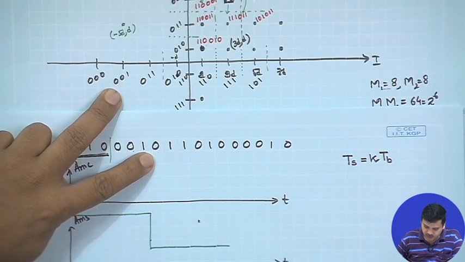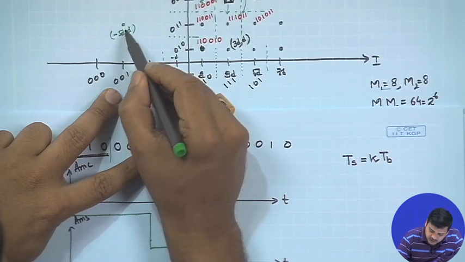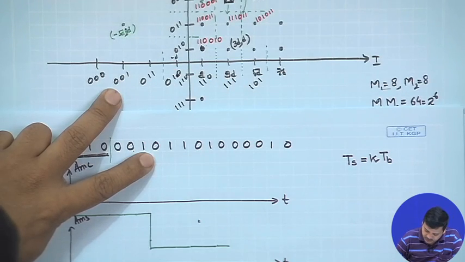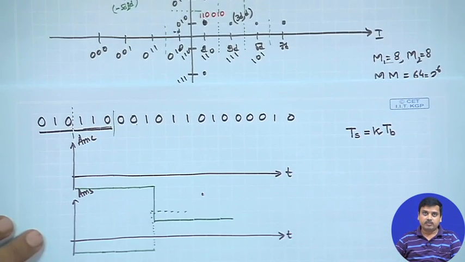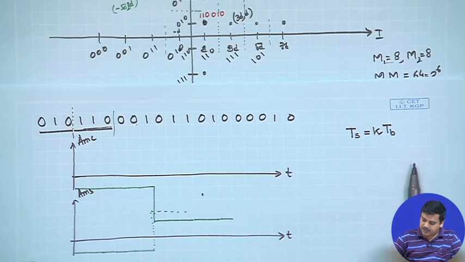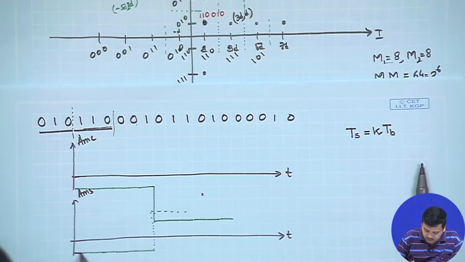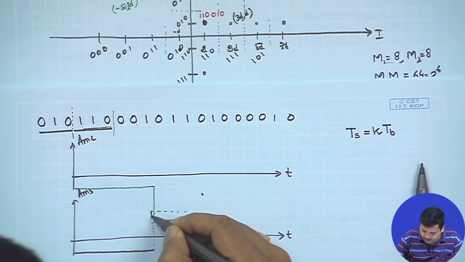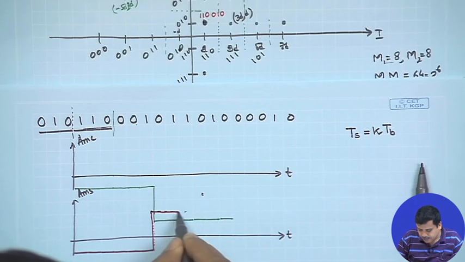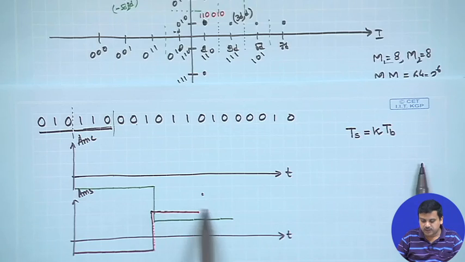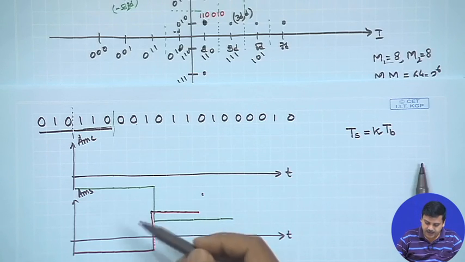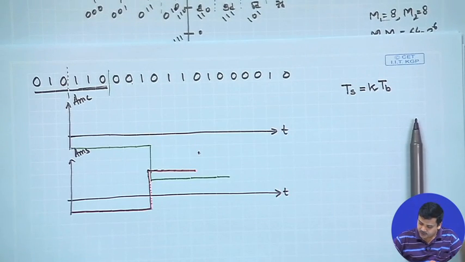So, in the Q channel you are going to have, sorry, 011 is a 3D. So, that means this will go somewhere there. So, that means what we are trying to show by this picture is that the I channel and the Q channel, or the cosine carrier and the sinusoid carrier, or the in phase amplitude and the quadrature phase amplitude would be different, and then you will be getting,